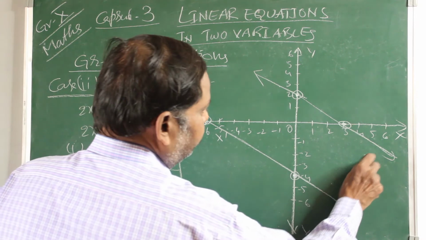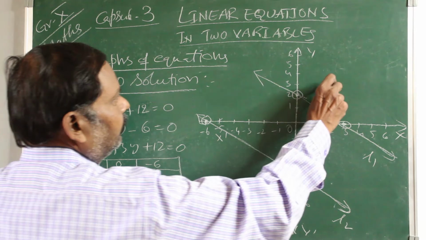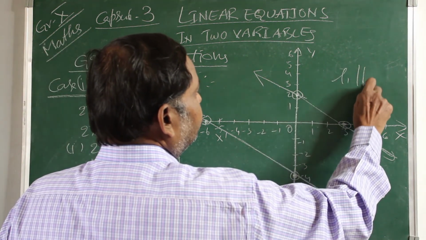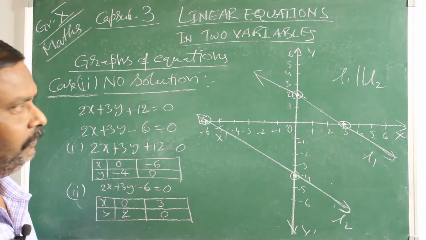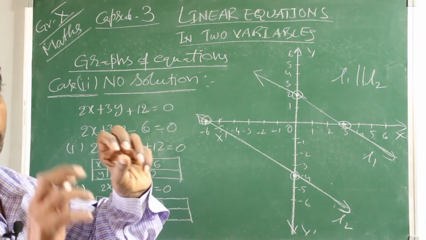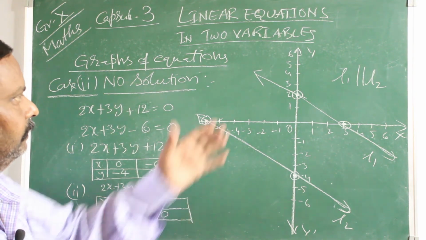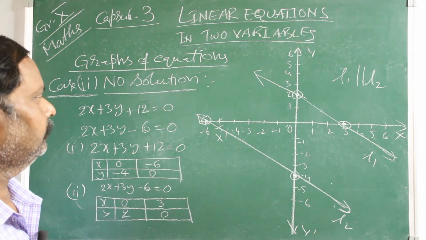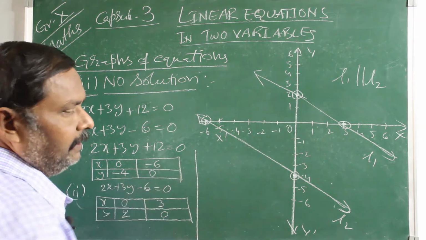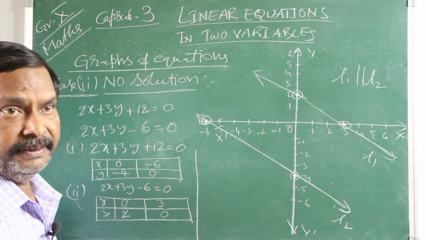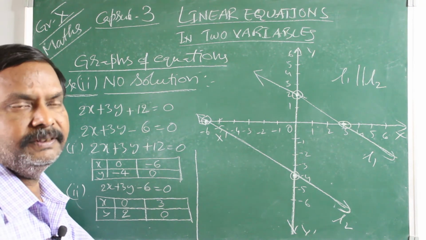And this is say L1, L2, and it is clear that L1 is parallel to L2. These 2 lines are parallel to each other. If you take these 2 lines properly on a graph, definitely you will get a parallel graph structure. L1, L2 are parallel to each other. Then, what is the condition here? Since 2 lines are parallel, they never intersect. They never intersect means the solution set is 0, means there is no solution for this.